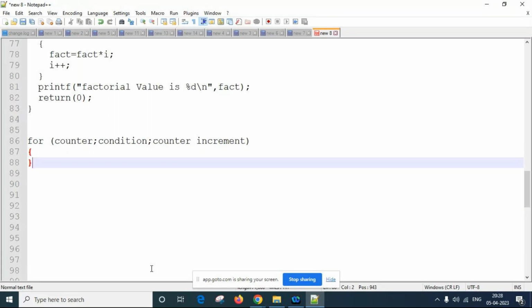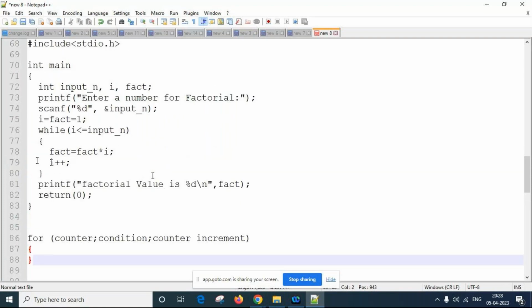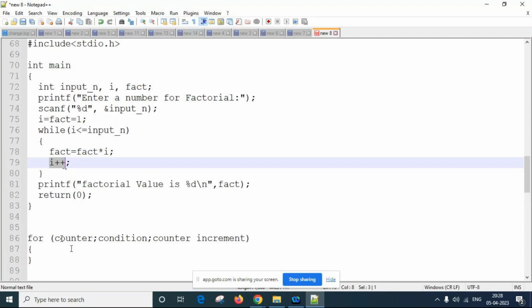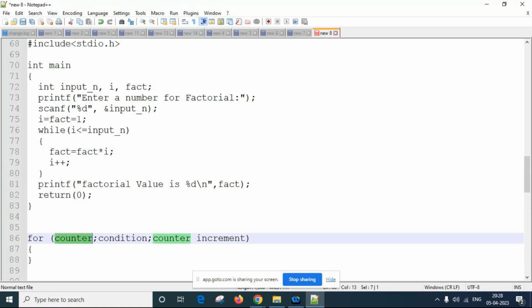This is the for format, that is, we'll have a counter. In the previous case we had the counter as I, okay, and here in the instruction itself we will be able to initialize or declare a counter, and then the condition, whatever conditions we were having there, similarly we can have a condition here, and the counter increment, whether it is I plus plus or I minus minus, that also we can take like this.